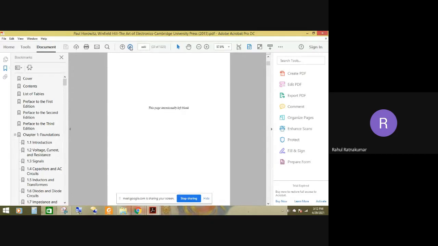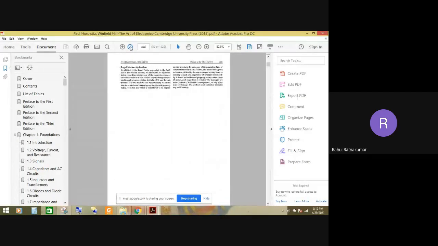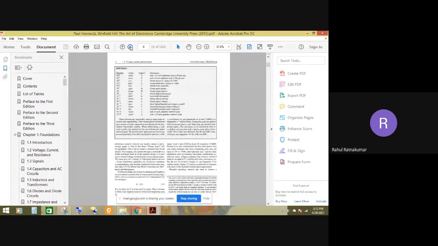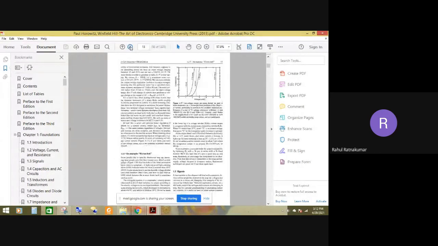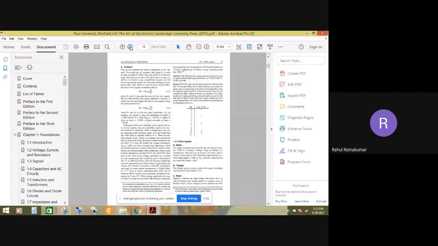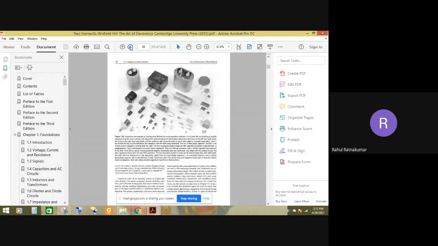A lot of extra things are there, and if someone is very interested in electronics, already doing some simple projects and wanting to understand more and deeper, all the basics are there. Start from the basics only, but it will give you a lot of different perspectives and interesting ways. Even if you don't understand something, you can just skip to the next level. But it's a very good book.